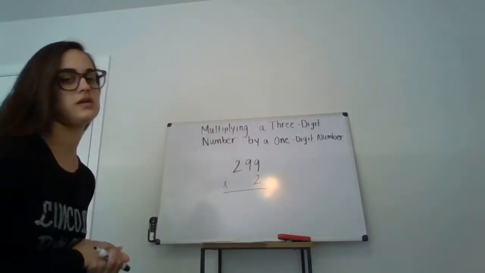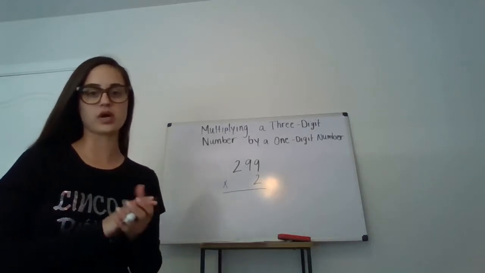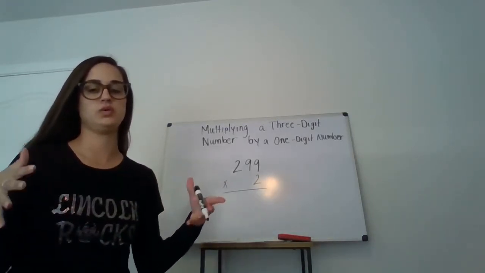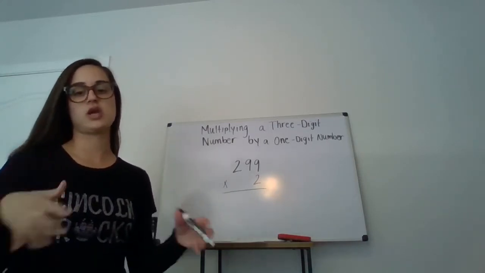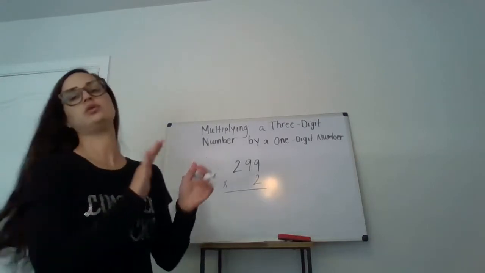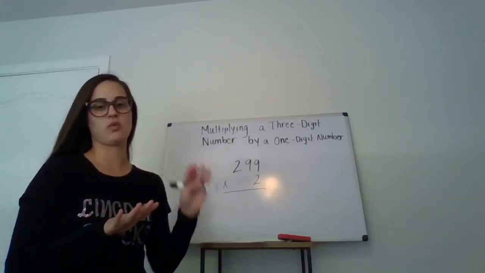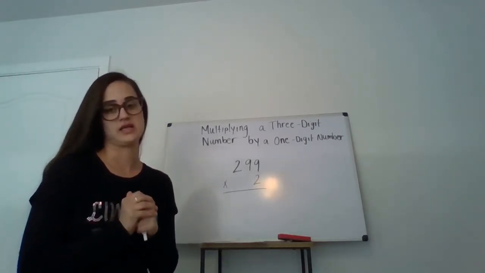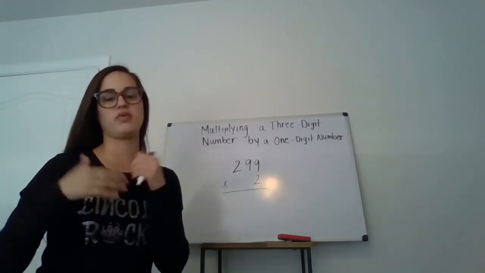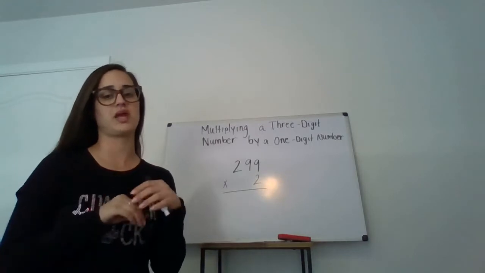This mini lesson is on multiplying a 3-digit number by a 1-digit number, and then we will work our way up to 4-digit by 1-digit and then double-digit by double-digit, okay? So I will try to provide an example for each one through this mini lesson, okay? Multiplying is so important within the 4th grade. We see multiplication in just about